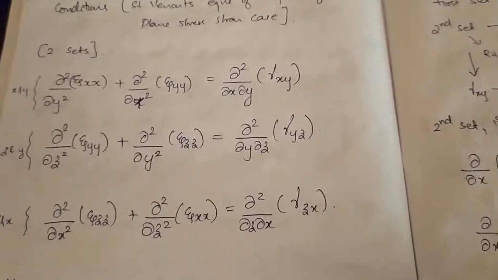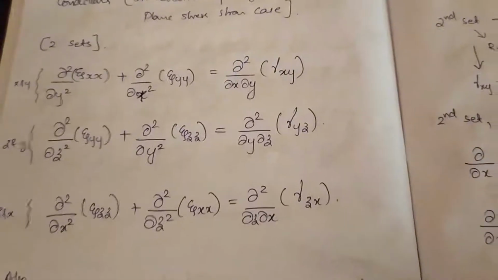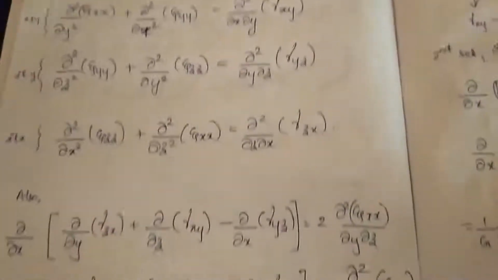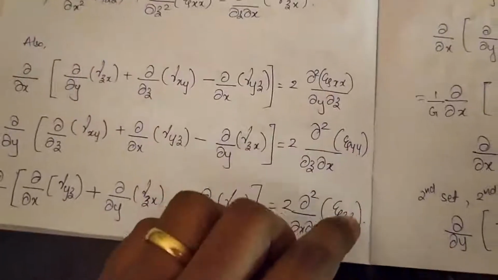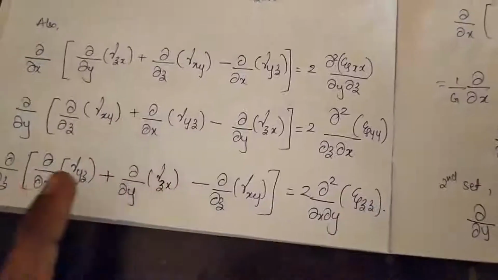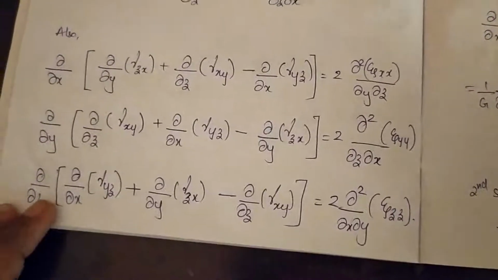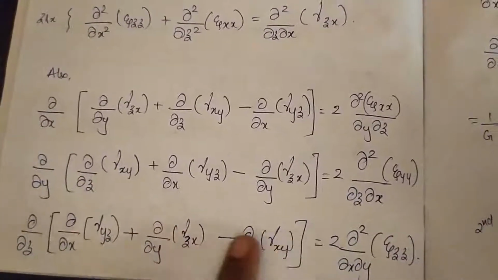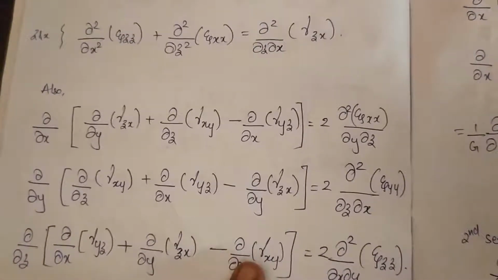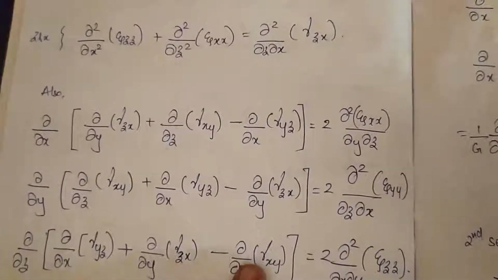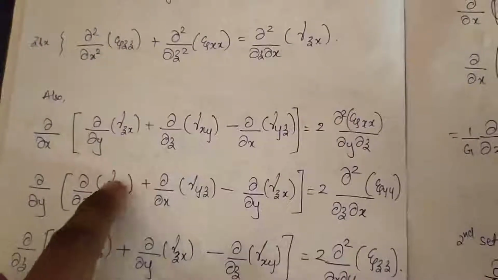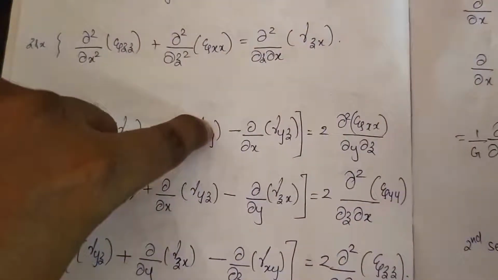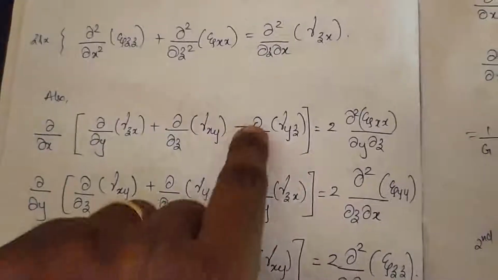Now what happens here? In the second set, on the RHS, all terms are 0. Why? Epsilon xx, epsilon yy, epsilon zz, and the d by dou z terms all become 0 because it is independent of z, right? And gamma xy is also 0. So in these two equations, you neglect the values of gamma xy.